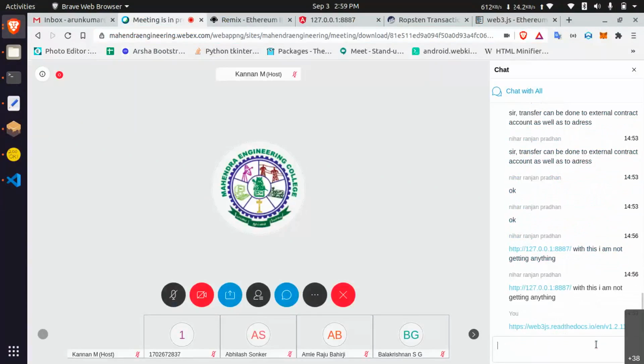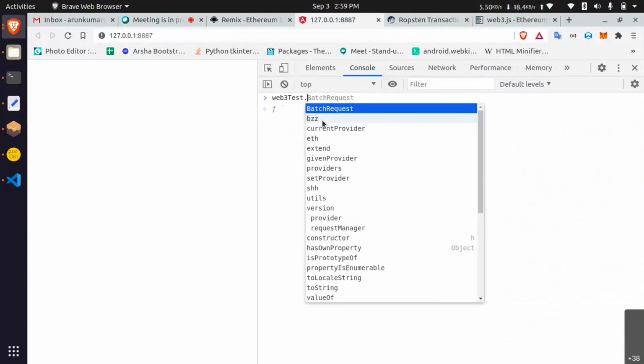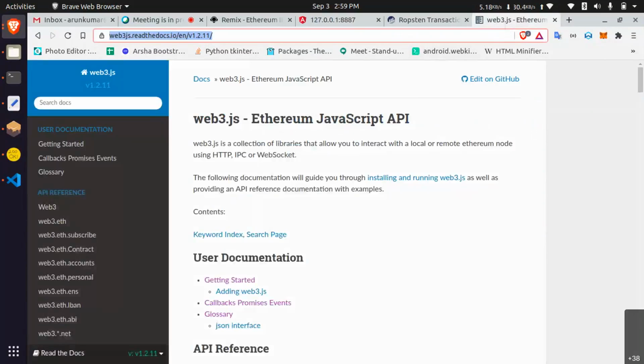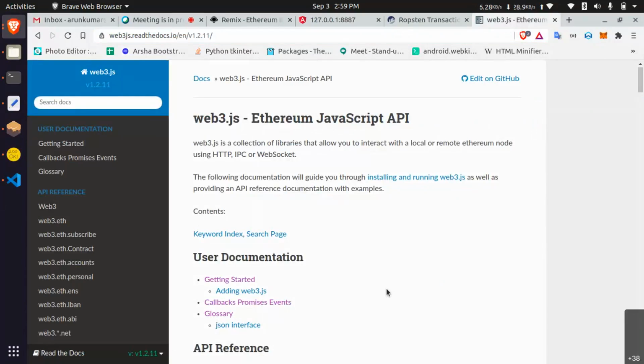But you have to check which Web3 version you are using. web3.version. I'm using the 1.0 beta version, but I think they have removed it. I am using an older library, but mostly all are the same.